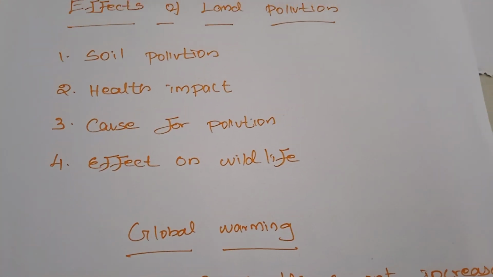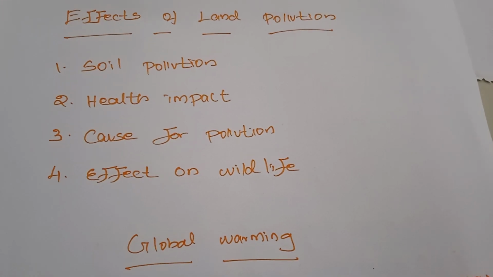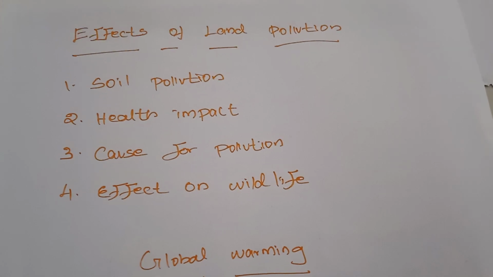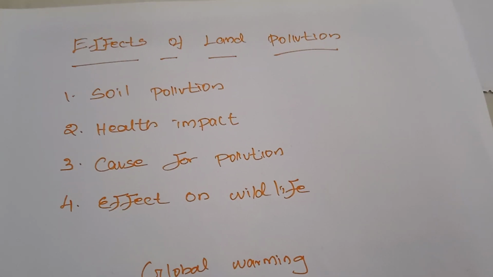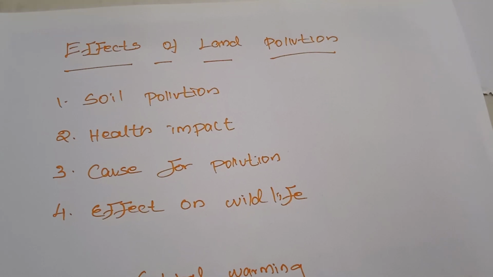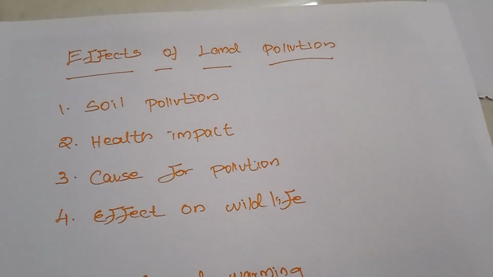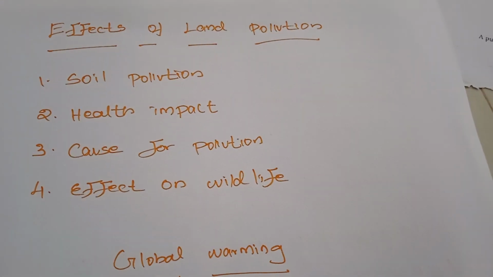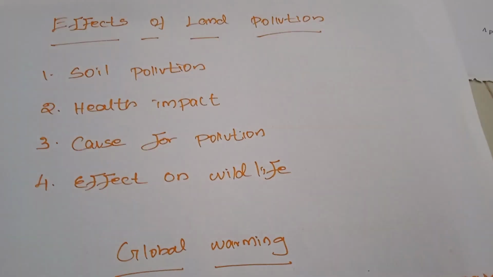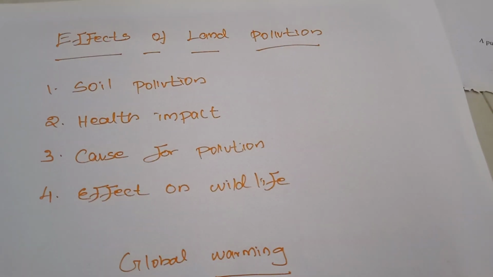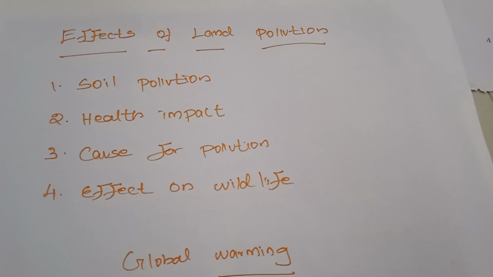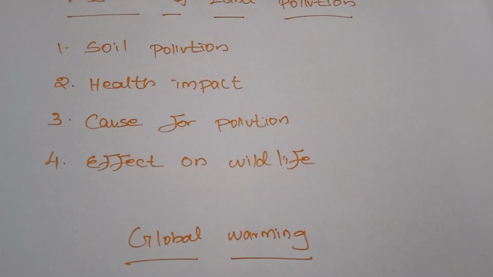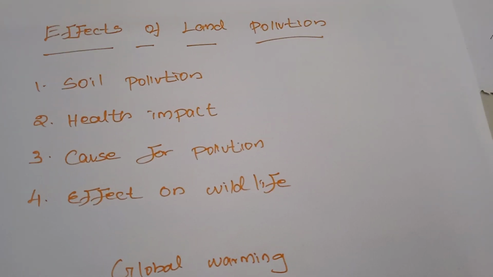Next, cause for air pollution. Landfills and waste dumping lead to air pollution. These toxic substances spread in the atmosphere and can transmit respiratory disease among the masses. So when we pollute the land, the air is also affected. The air also spreads the pollution from the land, and because of that many problems may arise.